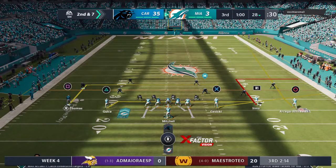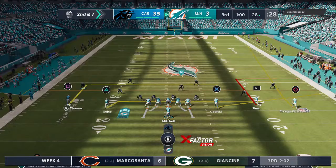Here we go. 50-50. Mike 50. Hey, check. 7